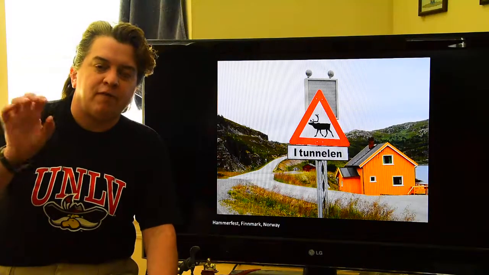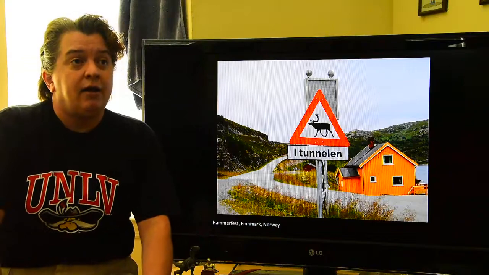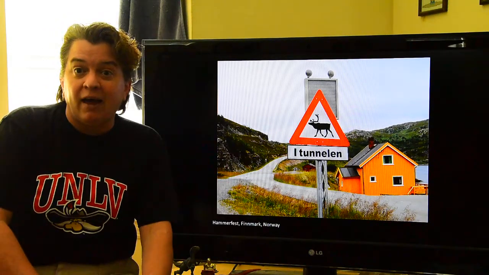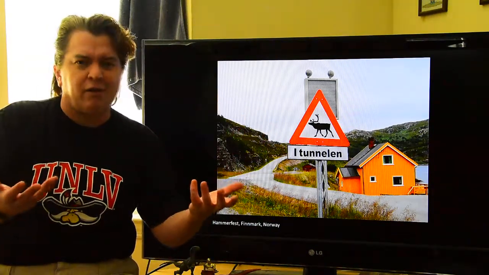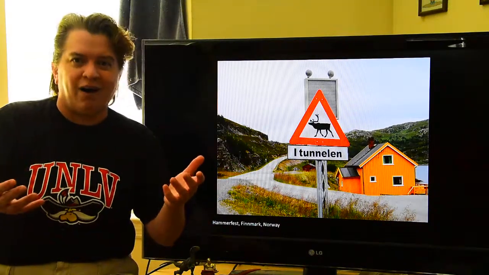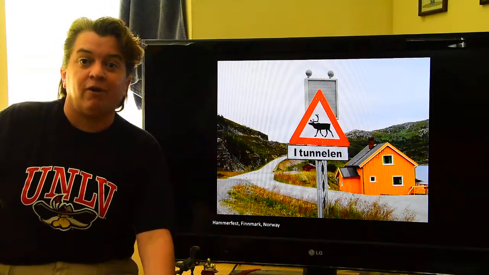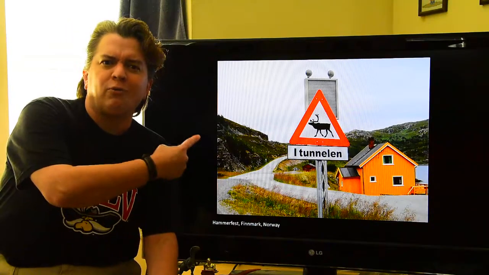So to get to Hammerfest, which is out on an island, you have to drive through this nice long tunnel, and the reindeer are not stupid, especially when the weather's bad. They're like, why hang out outside when thousands of us, well, at least hundreds, probably thousands of us can go hang out in the tunnel where it's warm and dry? And so they had to put these warnings so you didn't go into the tunnel and run into a whole bunch of reindeer underground. So anyway, Norwegian road hazards.